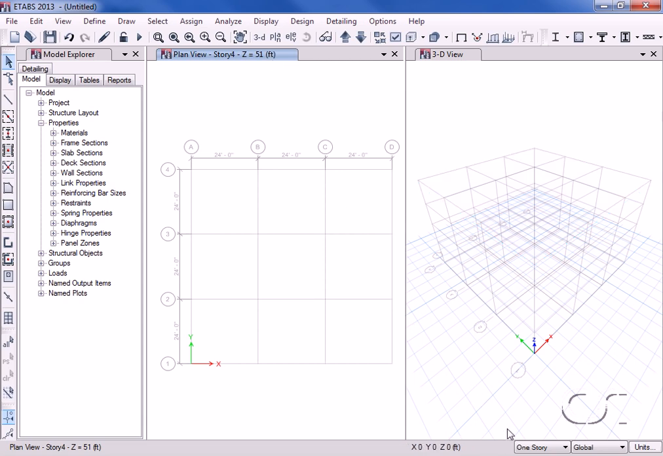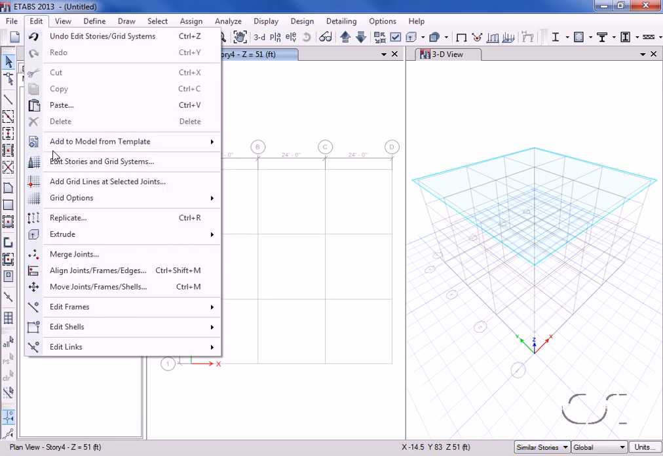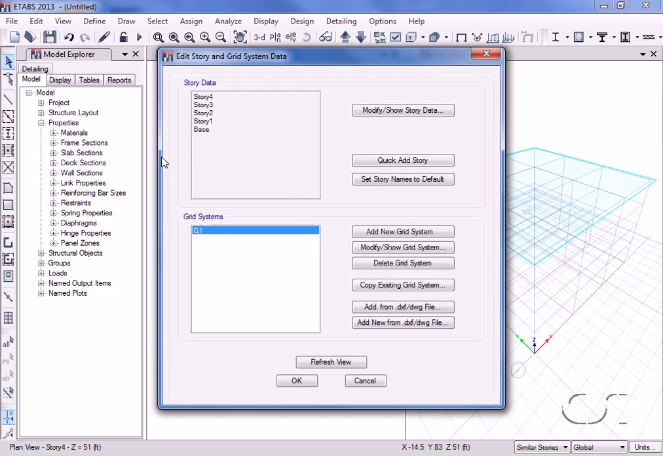Next, click the drop-down box in the lower right-hand corner that reads One Story and select Similar Stories. These options help with drawing and selection. To review these definitions, click the Edit menu, Edit Stories and Grid Systems command. Click the Modify Show Story Data button,